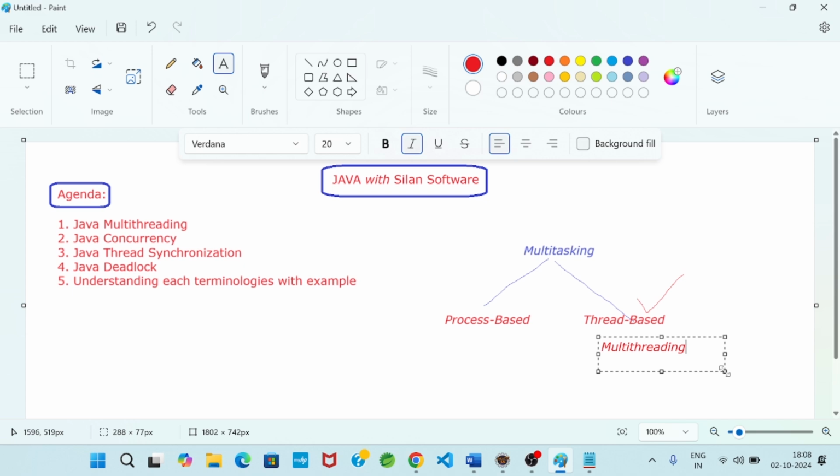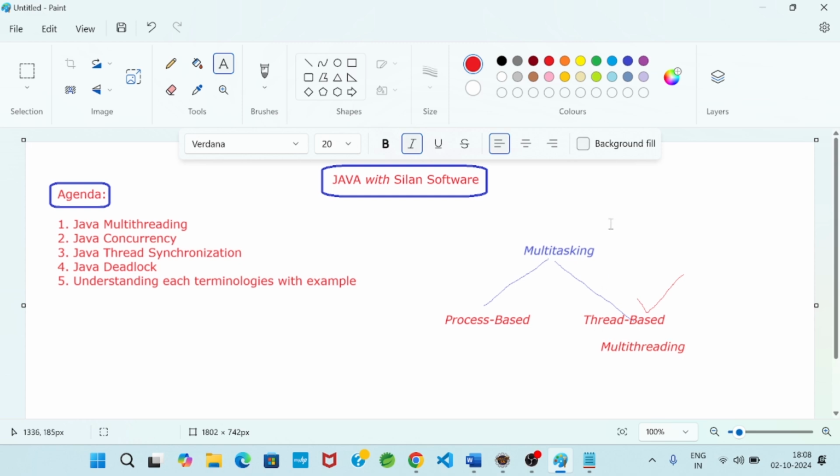The operating system allocates a time slot. So within a specific time slot, you have to complete your task. At the same time, you are listening to music. For listening to music, suppose you have installed VLC media player. So an application is running. The operating system also allocates resources for that task.